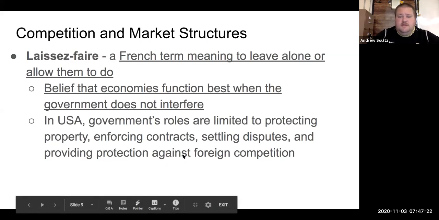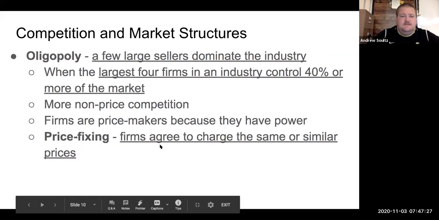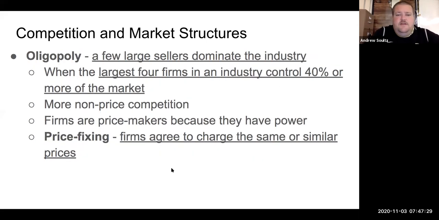Those are all roles that a government can still play and it be considered laissez-faire economics. And then your other market structures, oligopoly. Oligopoly, there's just a few sellers that are going to dominate the industry. And so if we were to break this down